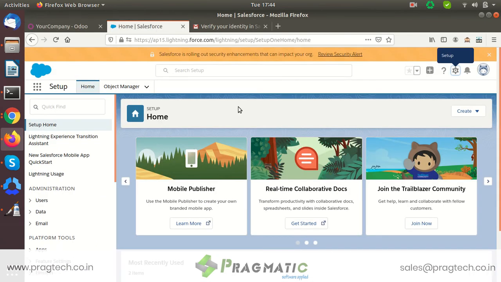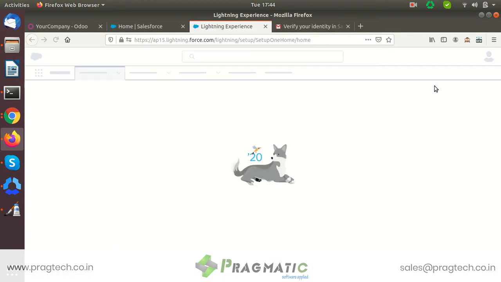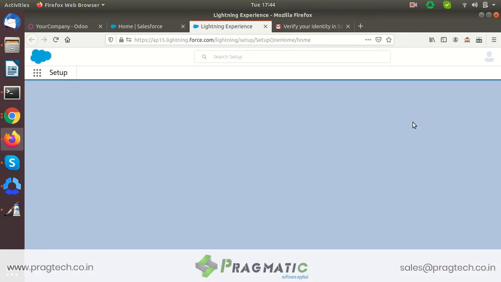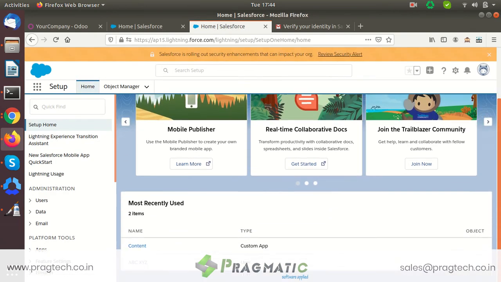Now this is the Salesforce instance, where I need to go to Setup for viewing the configuration part, which needs to be linked with the Odoo database. When I go here, I can see Apps under Platform Tools.